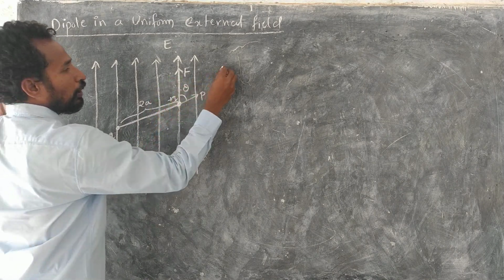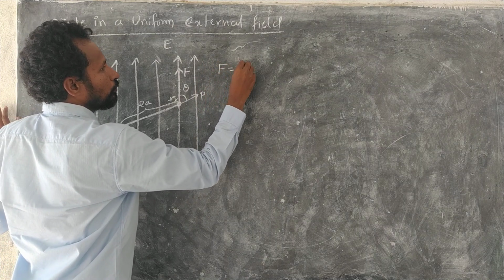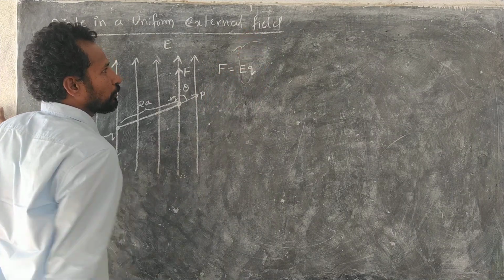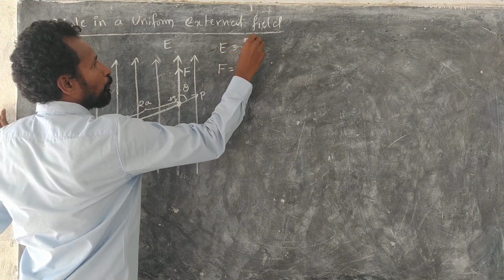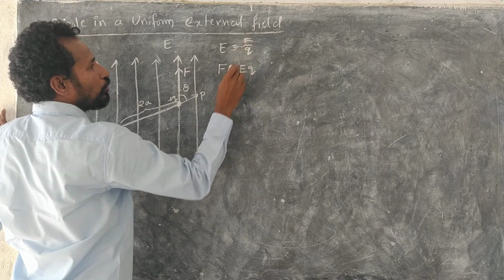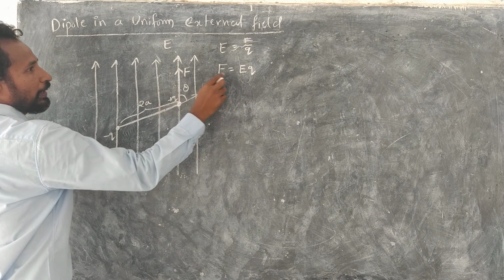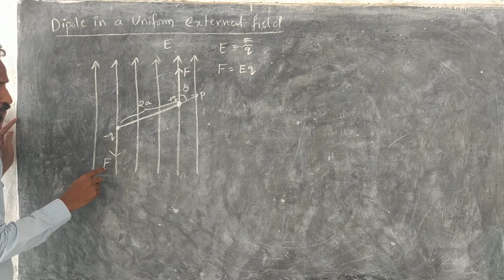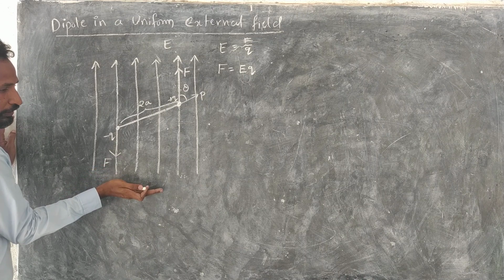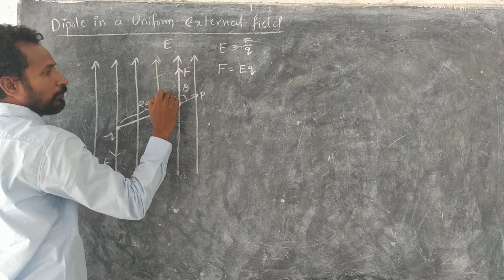And for these two forces, in the electric field definition, how do we write? Force is equal to EQ. Already we mentioned there E is equal to force per charge, then force is equal to EQ. It means this experiences a force F, the magnitude is EQ, and this is Q. This also experiences force F because this side is the positive region. So positive attracts negative, and this is the negative region, negative attracts positive.